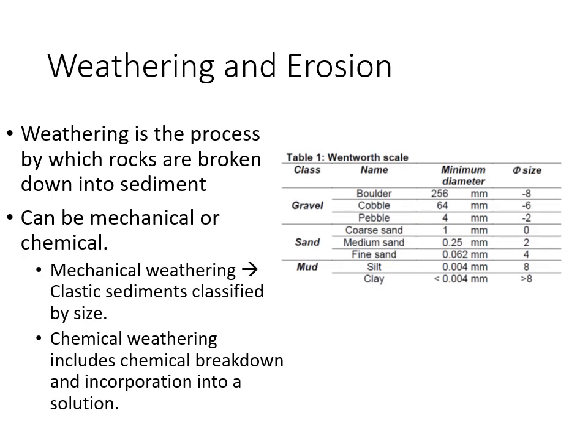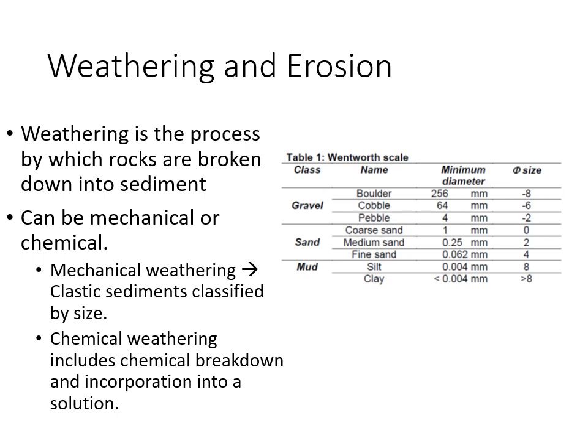Mechanical weathering and chemical weathering are these two main processes. Mechanical weathering is the physical breaking of pre-existing rocks and minerals to produce clastic sediments. Chemical weathering includes the chemical breakdown and incorporation of that material into a solution. Now, when we are dealing with mechanical weathering and clastic sediments, we classify those sediments predominantly based on size, using